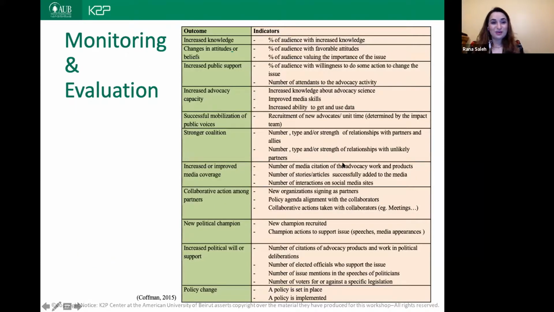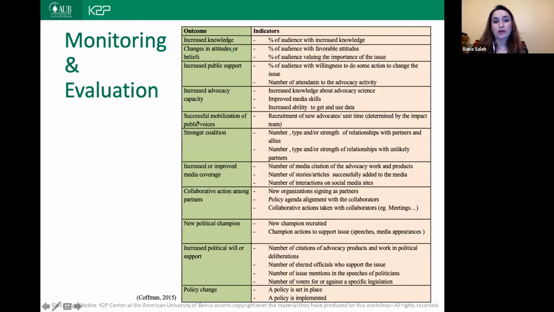Of course, evaluation is very important, and that's exactly how you'll know if your campaign is working or not. You have to evaluate the process, and you also have to evaluate your outcome. So definitely based on your goals, on your audiences, and on the tactics and the tools that you've chosen, you can develop your own indicators. So this slide here is only an illustration of some of the indicators that you can be thinking of.